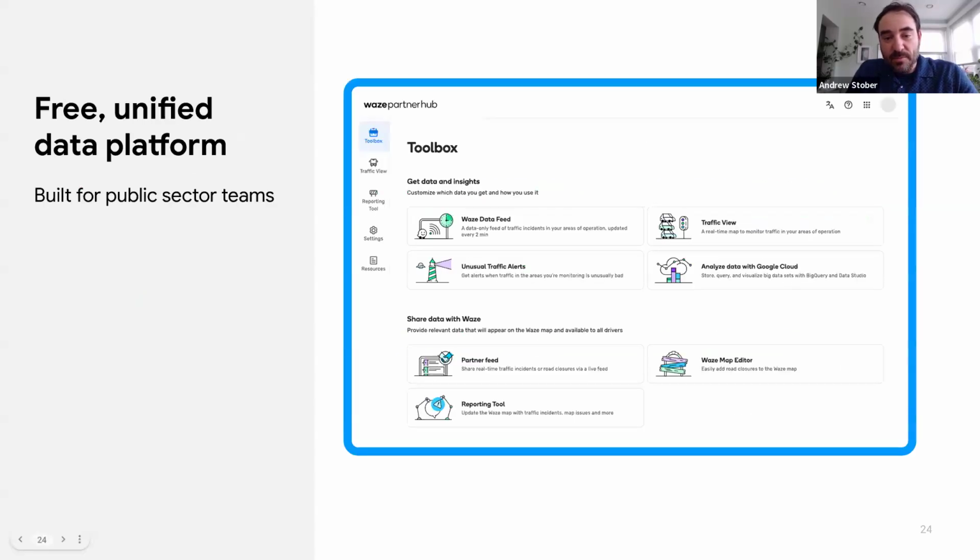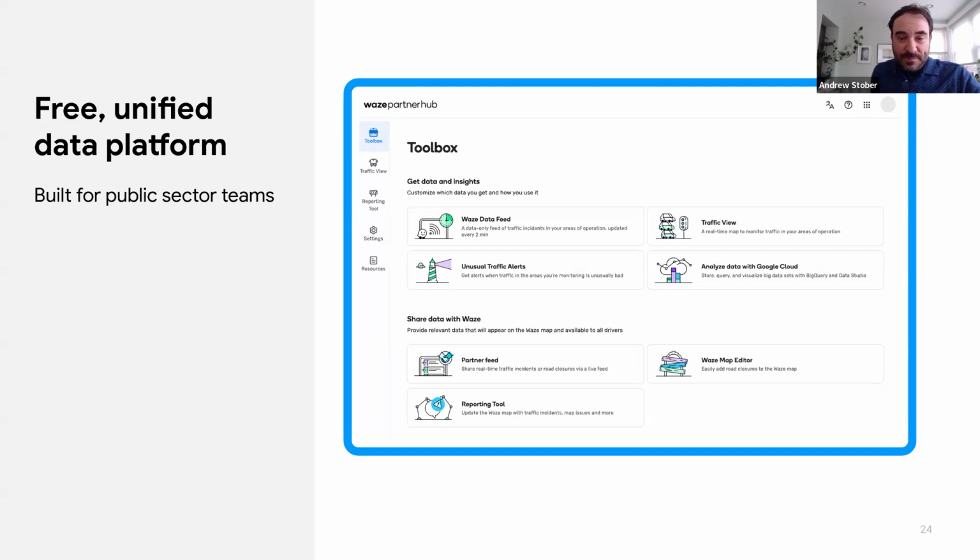So now I'll show you just a little bit more about what the program actually looks like in action. When you've signed up for the program, you will have access to this toolbox, and you'll have defined a geography that's based on your jurisdiction. It could be as small as a small town, it could be an entire state, and you'll have access to contribute data and to receive information about that entire region, all available to you within this unified platform.